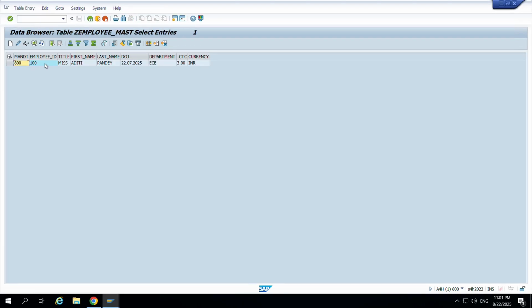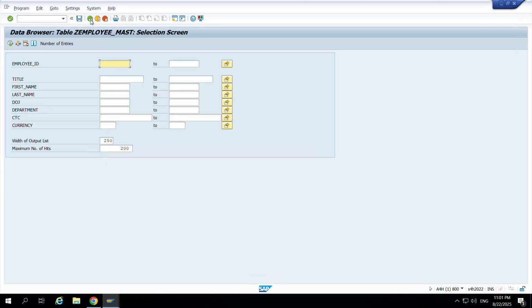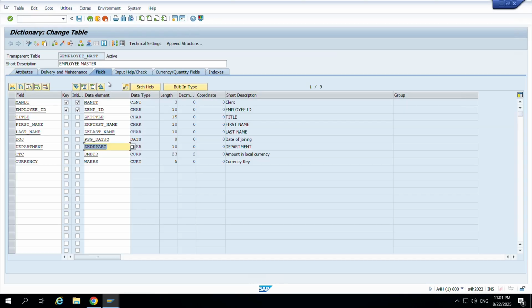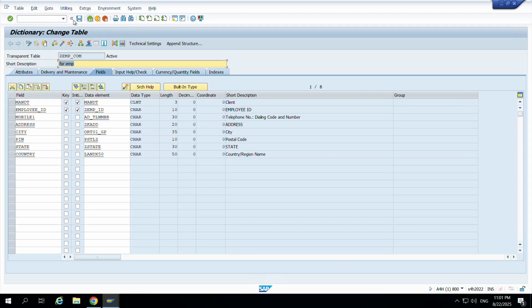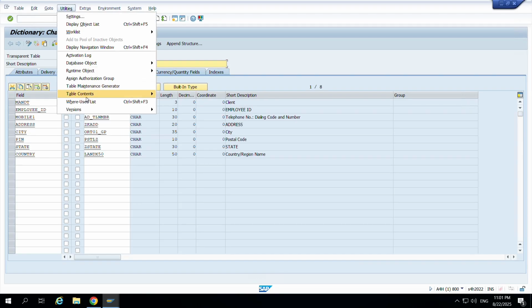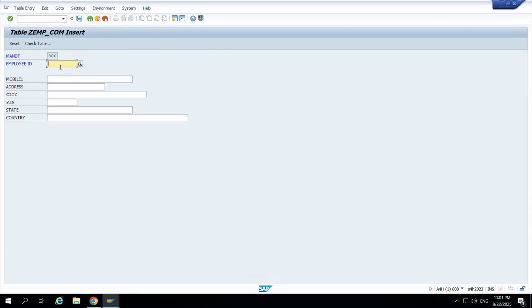See, employee ID 100 is present in the first table, so check for employee ID 100 in the second table. Go on utilities, table contents, create entries, for employee 100, mobile number,